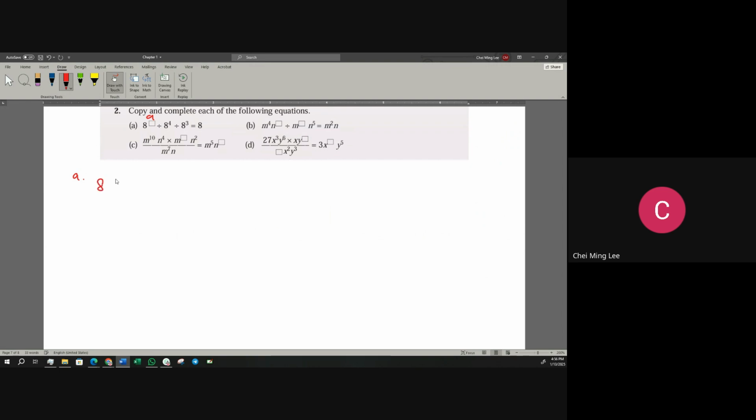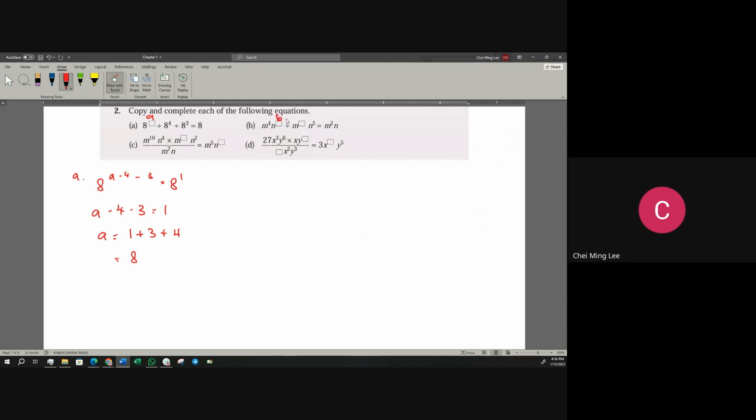So 8A minus 4 minus 3 equals to 8 power of 1, correct? So A minus 4 minus 3 equals to 1. So A is equal to 1 plus 3 plus 4. So it is equal to 8. Okay, so this is 8. A. For B, so B we have